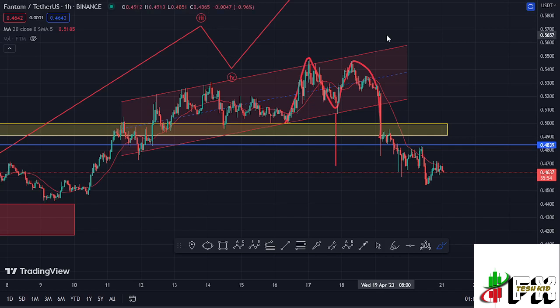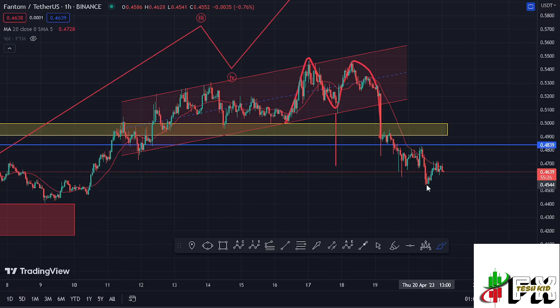We have also seen a breakout out of two chart patterns that are head in formation right here, where you can see that the first chart pattern was this ascending channel, which gave us a breakout to the lower side. We had also this double top that is right here that gave us a breakout to the lower side, and its minimum target areas at around the $0.4693 mark we have fully maximized in a breakdown that has now given us a low at around the